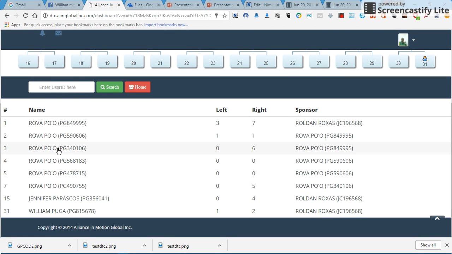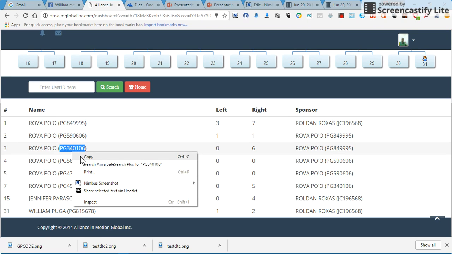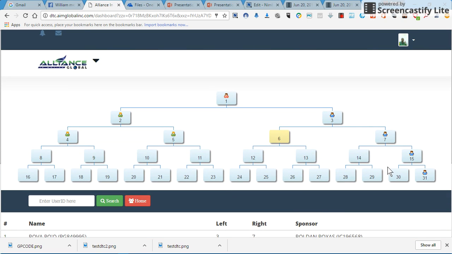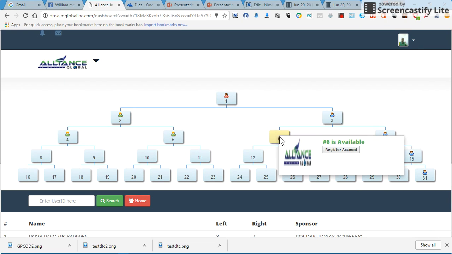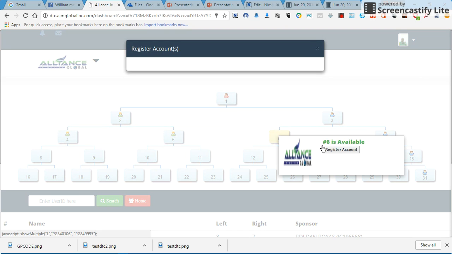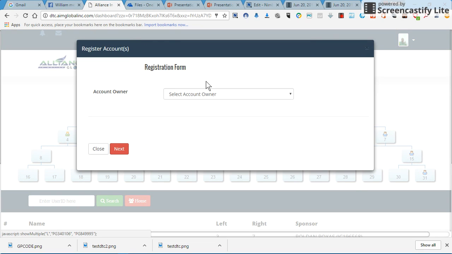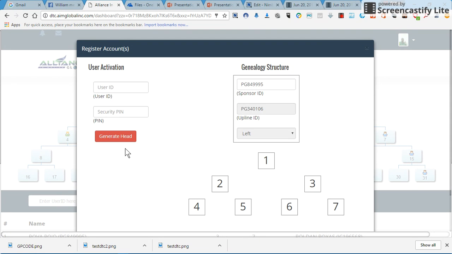Account number 3 will be the sponsor. And then the upline, copy. This is the sponsor, PG 340106. And then also the upline on the left side. Put it in the left side. Add to existing account. Next.